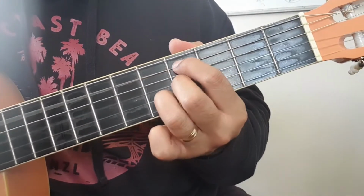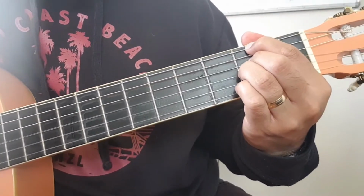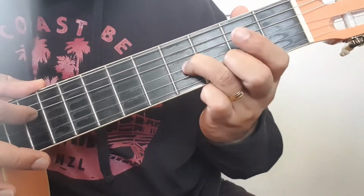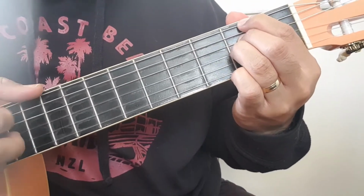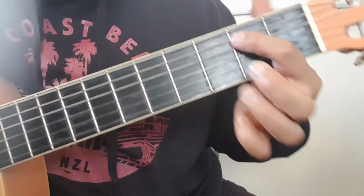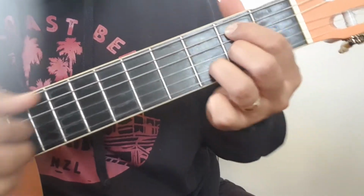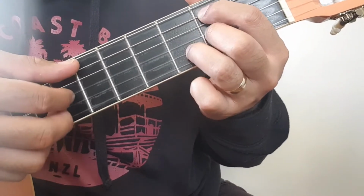So what you have so far is, and then this part here. So slide your finger here. So, and then next chord, index here, middle finger here, ring finger here. So the strings I'm picking are 1. So